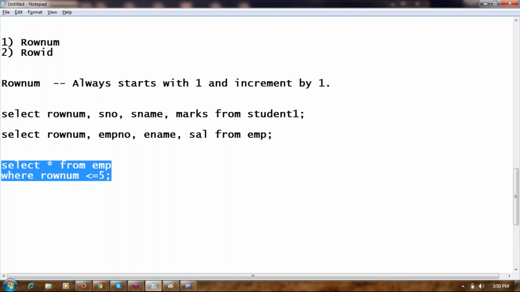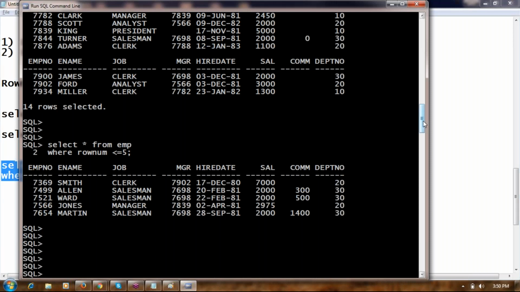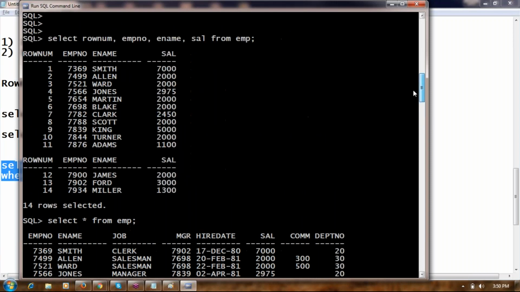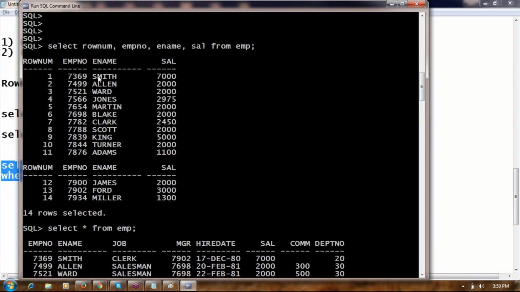And row num value generation is also important. 7369 Smith 7000, 7499 Allen 2000. These employee numbers, names, salaries are permanently stored in the table. Agree? But the row num values 1, 2, 3, 4, 5 are not permanently stored in the table.